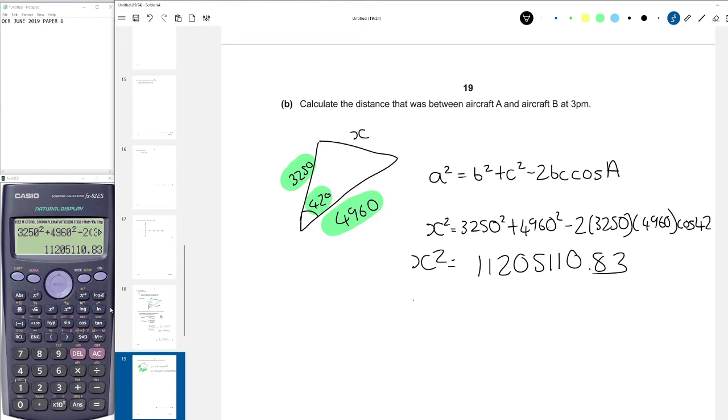That's x squared. Now to find out x, I would have to square root my answer. So I would get 3,347. So that would be my final answer,